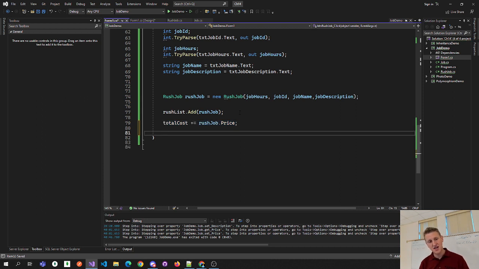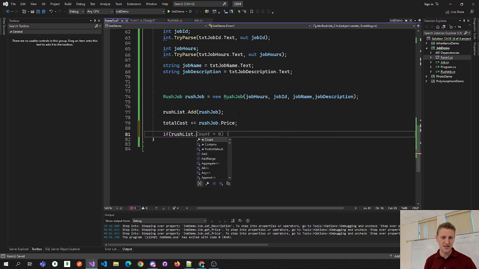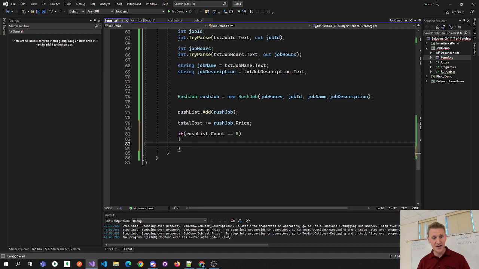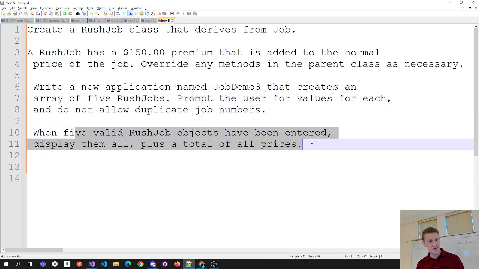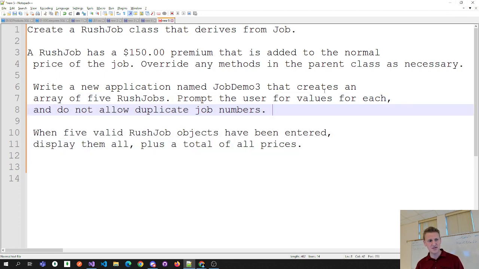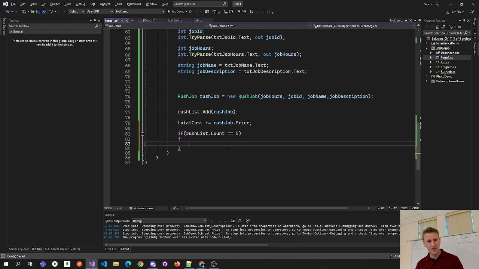And then we say if rush list dot count is 5, basically said on the 5th job, print out all the data, right? It says when 5 valid rush jobs have been entered, display them all. Okay, now I haven't done the duplicate values, so I gotta account for that. So before we add the rush job,